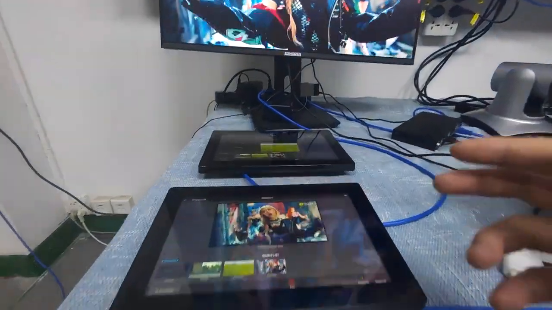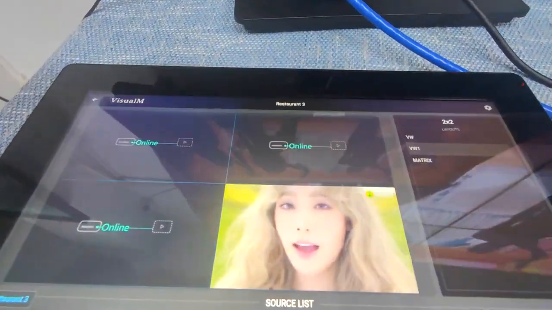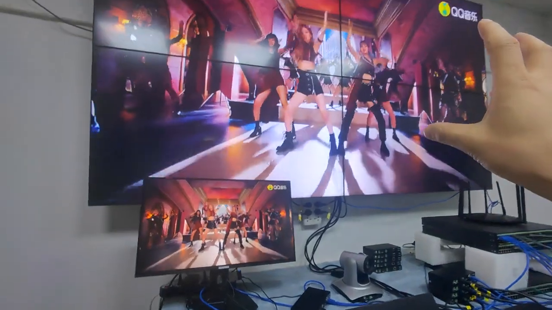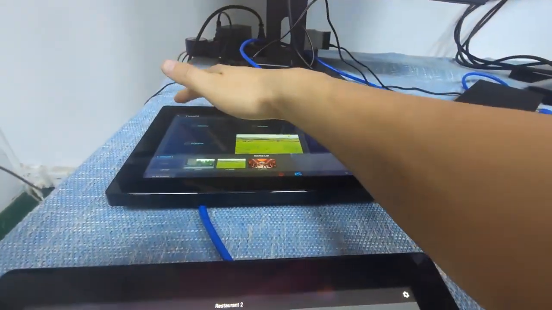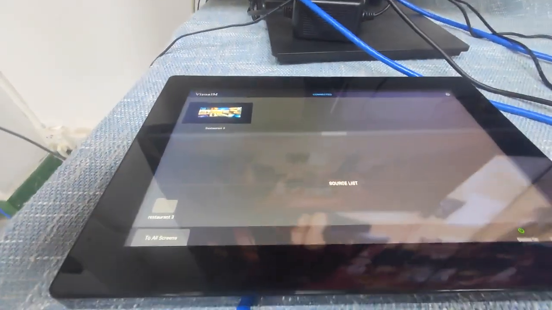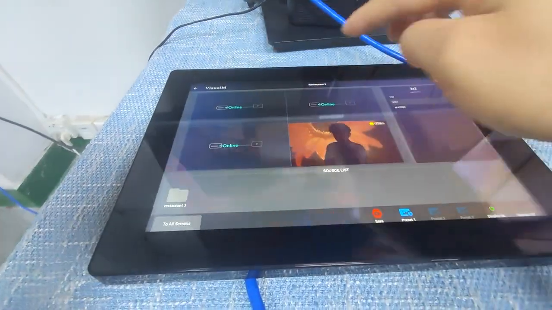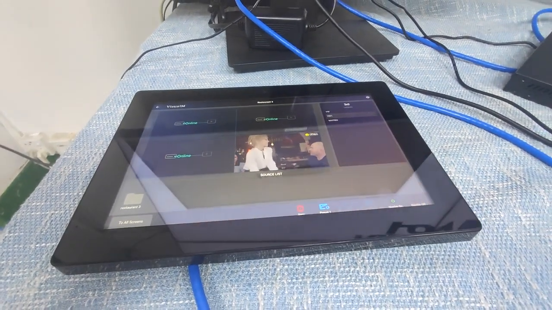Okay, and this one is actually the restaurant 3. You can check it out. Restaurant 3 is for this 2x2 video wall here. We will have more displays. We can check it out. So as we can see here, we only got the restaurant 3. It's actually the same once we click link, but this one will be a little bit different, just because this one we have it